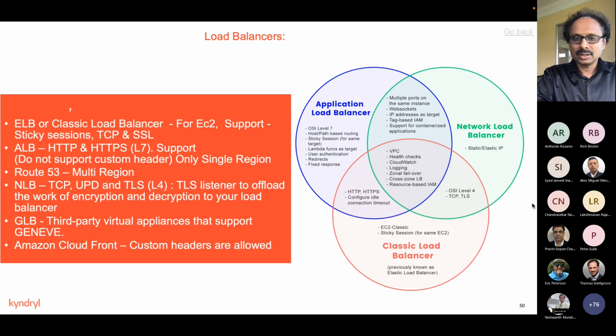Different load balancers support different protocols, between layer 4 versus layer 7, between TCP or UDP versus HTTP and HTTPS. So I put a brief summary of all the load balancers available within AWS and why we should utilize one load balancer versus another. Please go through all these services.